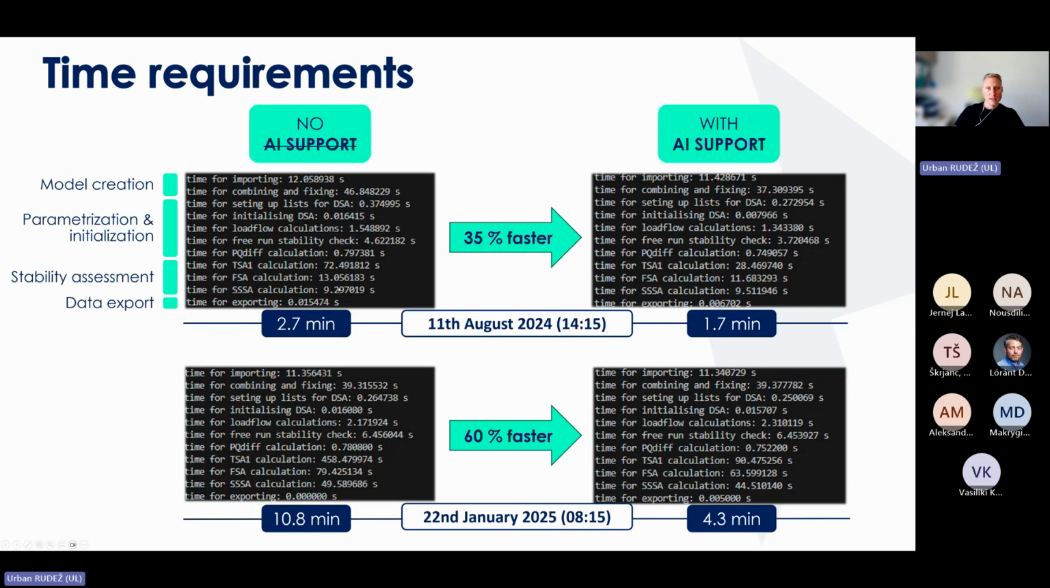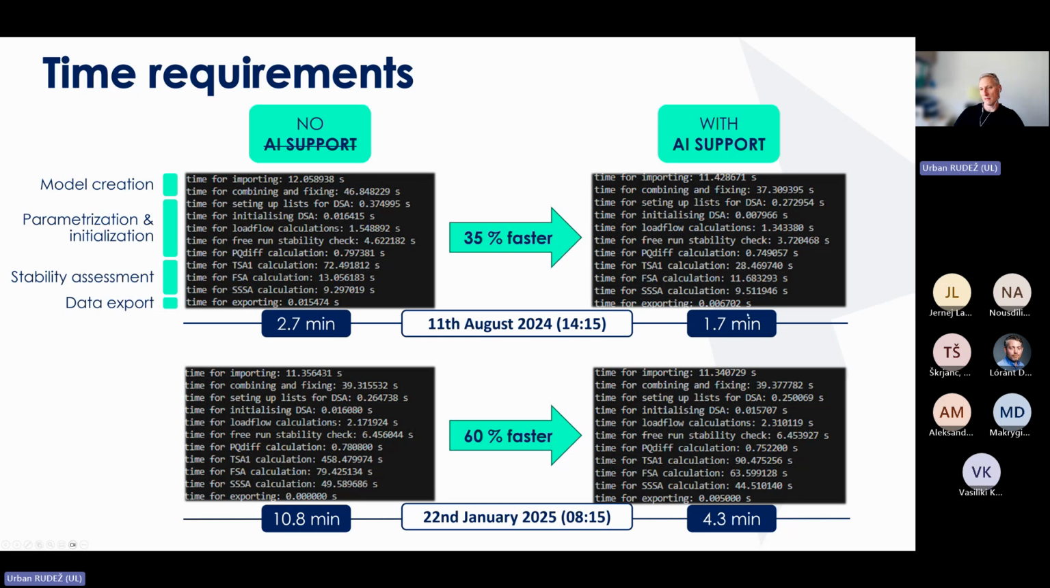particular oscillations. And on the last slide, before I hand over the word to my colleague Alexander, the time requirements for doing these calculations. So on the top part of the screen, I'm showing the results for a more simple case in which not many machines were operating. But on the lower part of the screen, I'm showing basically the most complex scenario in which most of the power plants were operational in our network. And you can see that without AI support, in this simple case, the time required was a little less than 3 minutes. But when we're providing AI support,